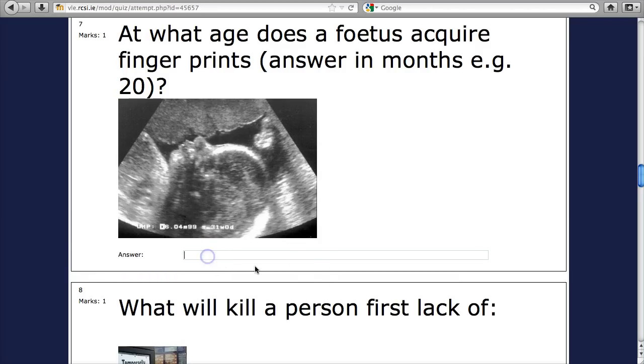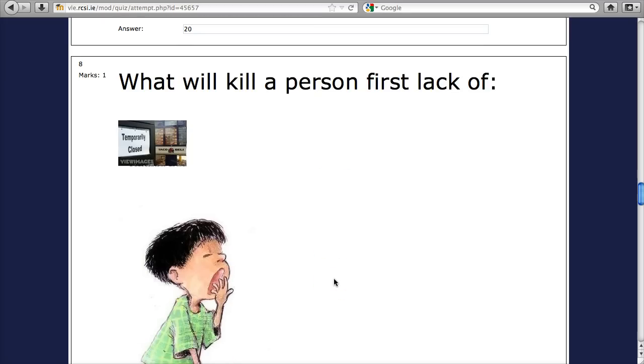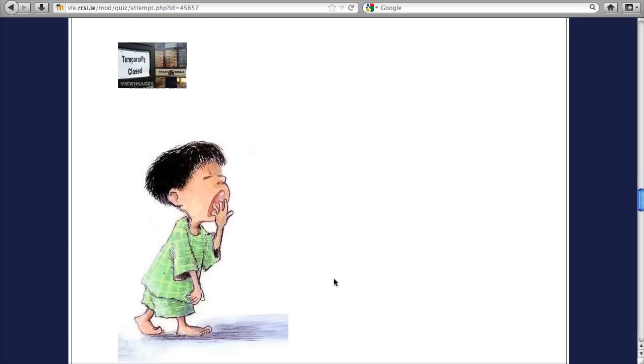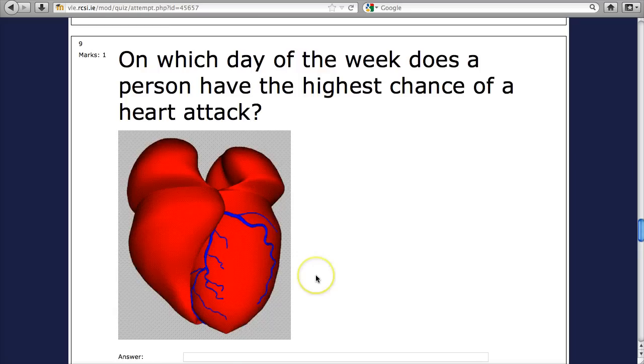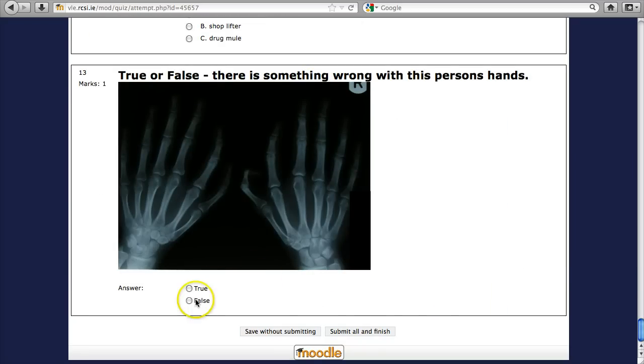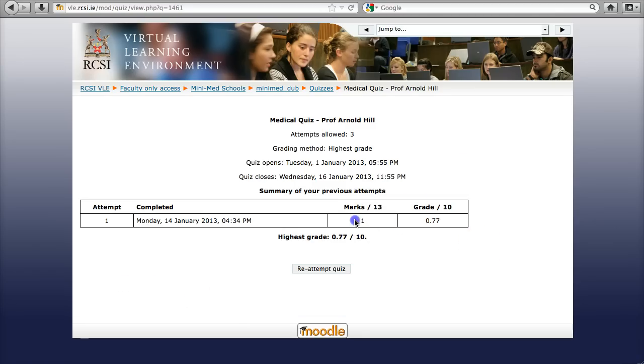What age does a fetus acquire fingerprints? I'll just put in 20 because it says it there. What will kill a person faster, lack of food or sleep? Well, let's say sleep, and you get the idea. Okay, and submit all and finish. We submit it, and it tells us I got 1 right. That's not very good, but we could go again up to a maximum of 3. You get the idea.